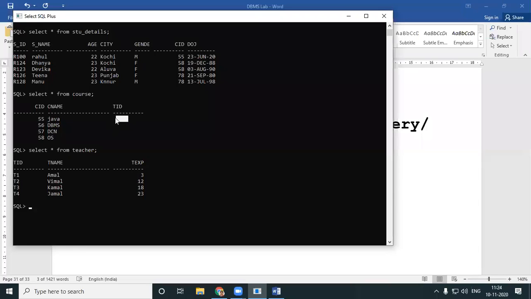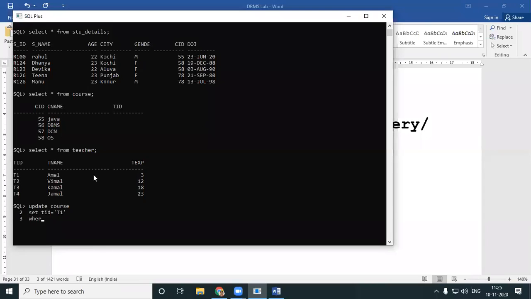So first thing what I'll do is, I'll just fill up the TID over here. So I'll update my table, update course. What do I do? Set TID is equal to, because this is the foreign key, I can be keeping only values which are here. So we'll do one thing. Let Java be taught by a teacher called T1.